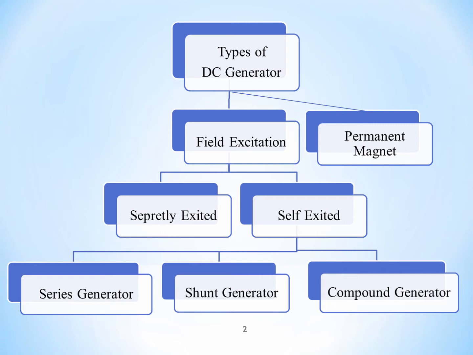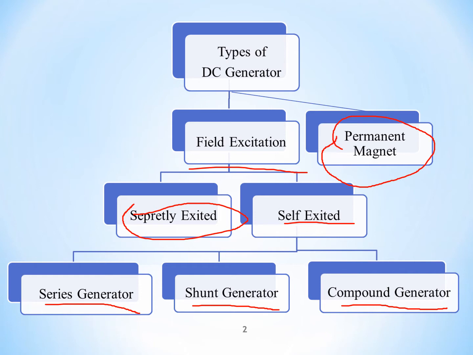You see here, according to the field excitation there are two different types of excitations, that is a separately excited DC generator and the self-excited DC generator. In the self-excited DC generator, again there are three types. The first one is a series and shunt type and compound type DC generator. These three generators are divided according to the field position. And one more DC generator is available, that is a permanent magnet DC generator, which is apart from our syllabus.